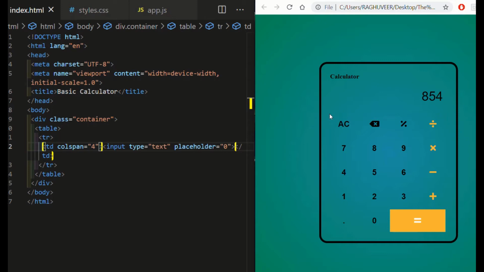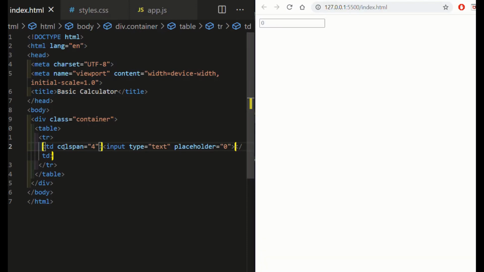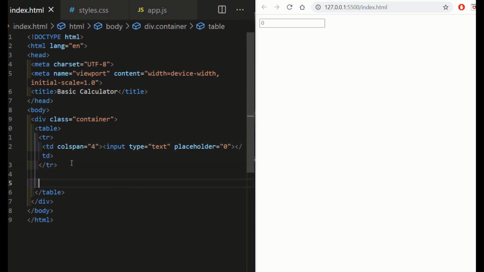So this one is a row, and I'm defining this whole input to cover these 4 columns. We have 1, 2, 3, 4, 5, 6 rows, so we are going to define 6 rows in our table. We also have a heading over here, which we can define at the end. It's not a big thing to define a table heading. So I have already defined my first row with a column span of 4. Coming back to the next row,